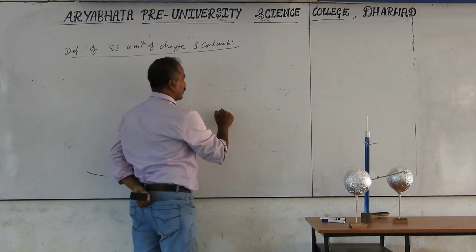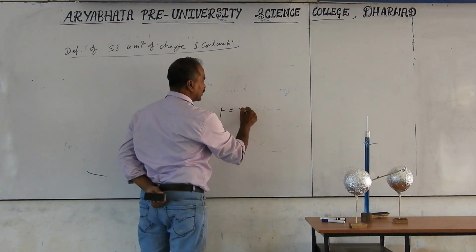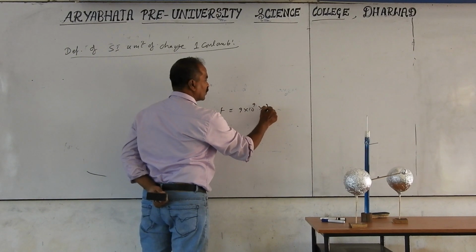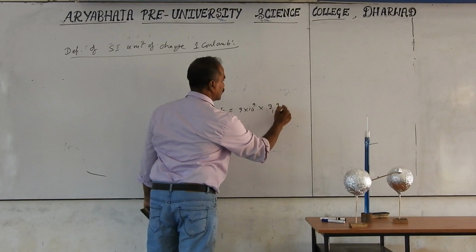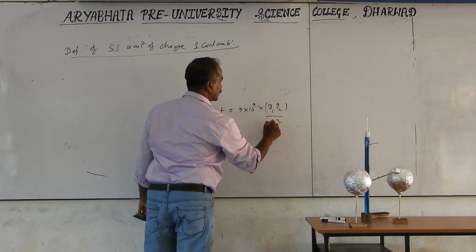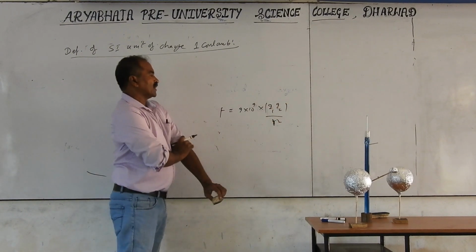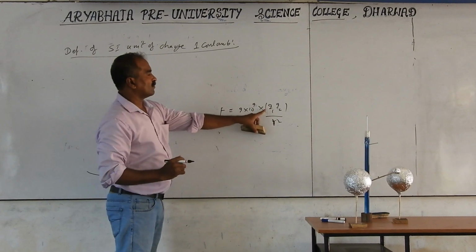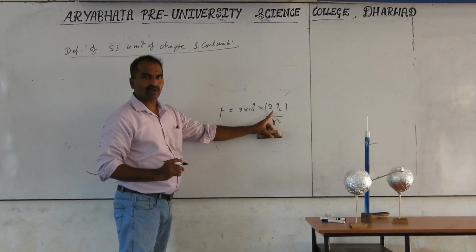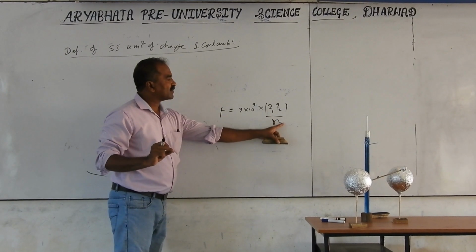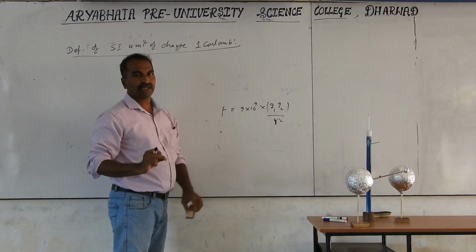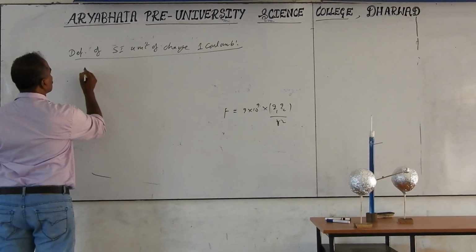This is the force formula we have got: F is equal to the constant value 9 into 10 to the power of 9 into Q1 Q2 by r square, in newtons. But now we are taking the two charges as 1 coulomb and 1 coulomb. If I take Q1 as 1 coulomb, Q2 also 1 coulomb, separated by 1 meter in vacuum, then this r becomes 1 only. The force becomes 9 into 10 to the power of 9. That means 1 coulomb